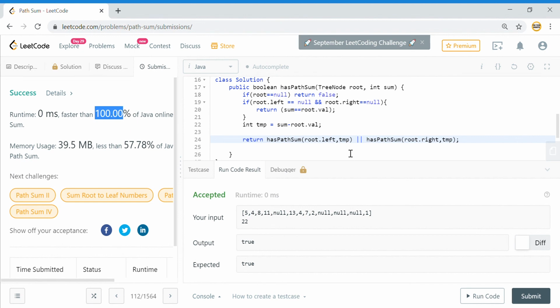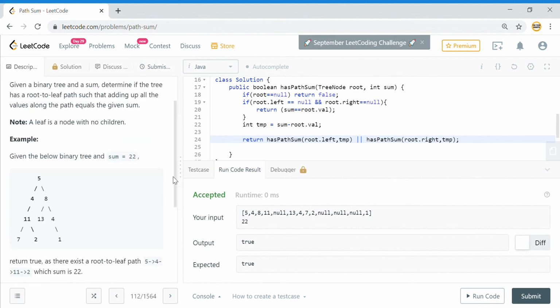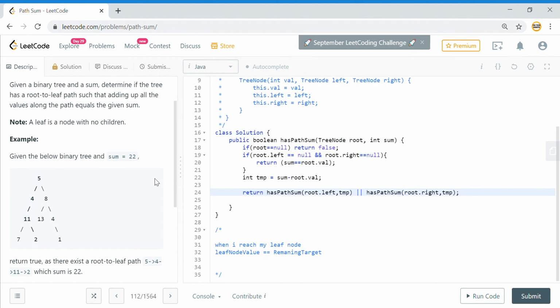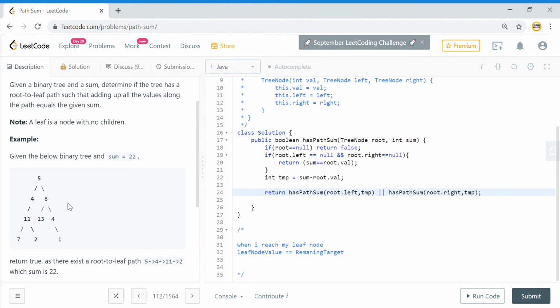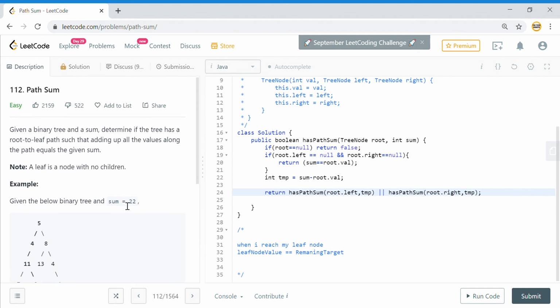It is 100%, so this solution was pretty decent and it will be accepted by all the interviewers. These kinds of problems are pretty common problems on trees which are asked in tech interviews, because the number of lines of code that you will see for these types of questions will be very few, so it will not be time consuming. And generally the round of the interview is 45 minutes to 1 hour. So in 1 hour you can come up with a solution and code also. That is why these kinds of questions are asked very commonly in tech companies.